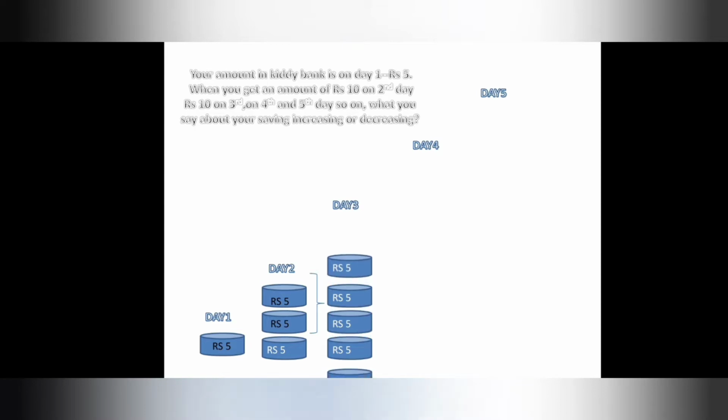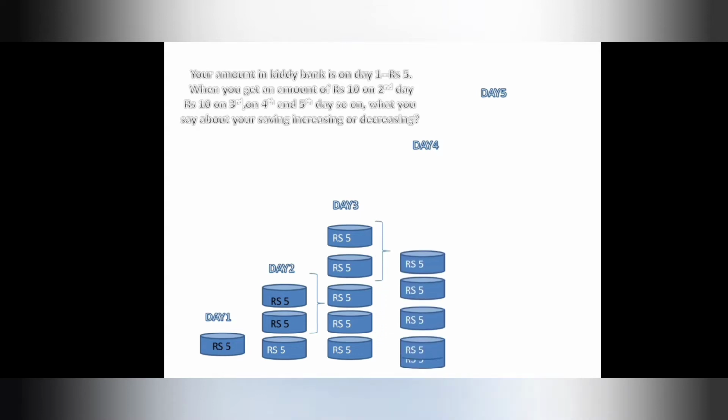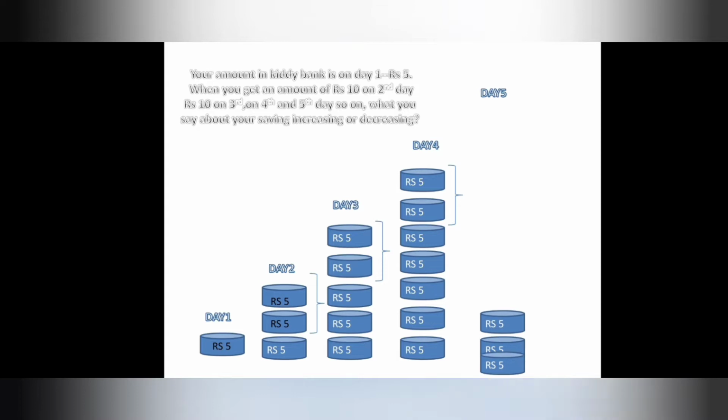Now when you get an amount of rupees 10 on the second day and you add that amount to your savings, your savings on day 2 is increased by rupees 10, and similarly on day 3 another 10 rupees is added to your savings, and on a constant basis